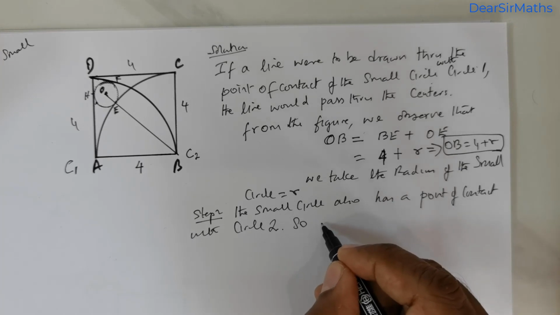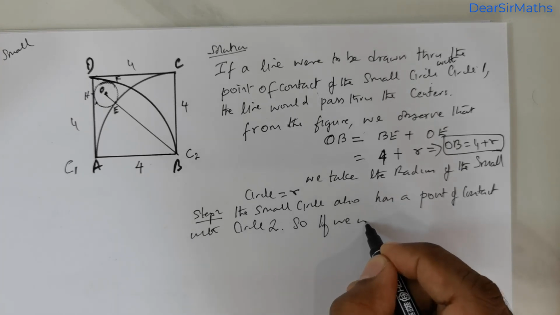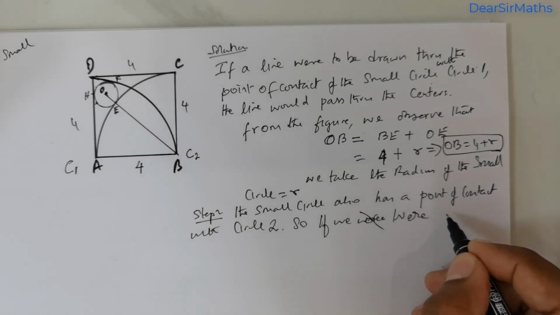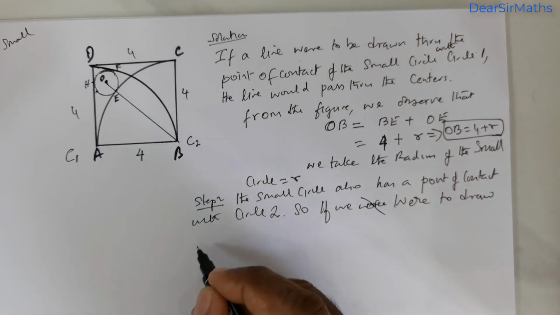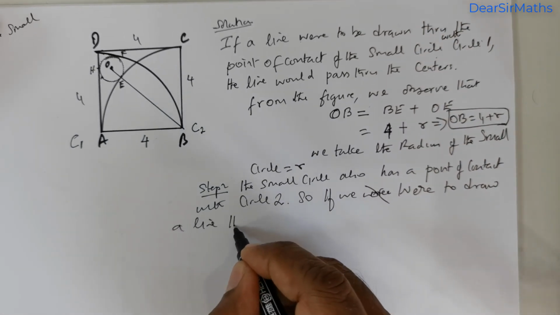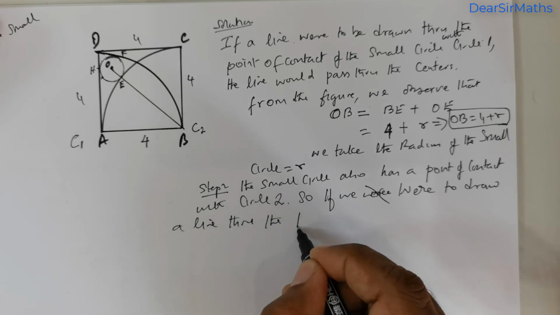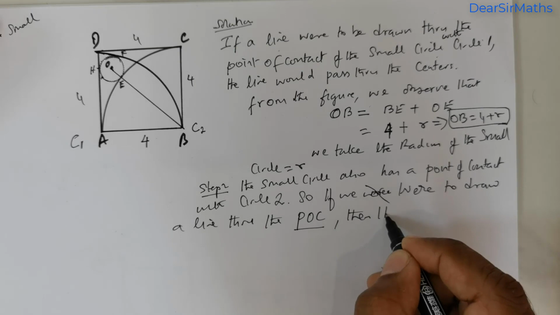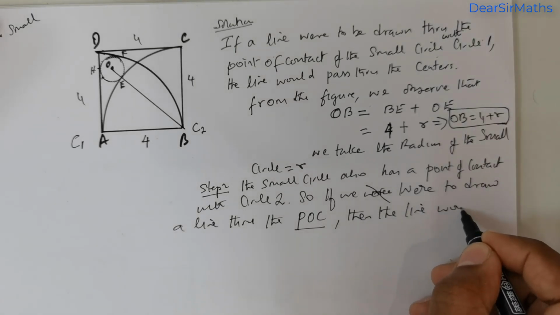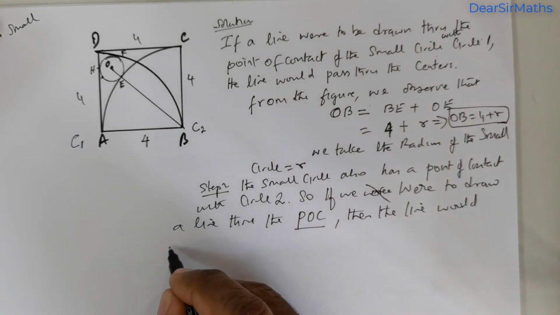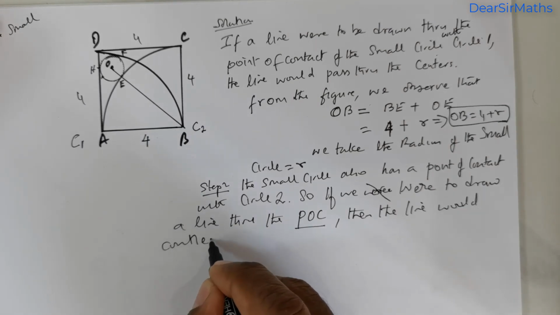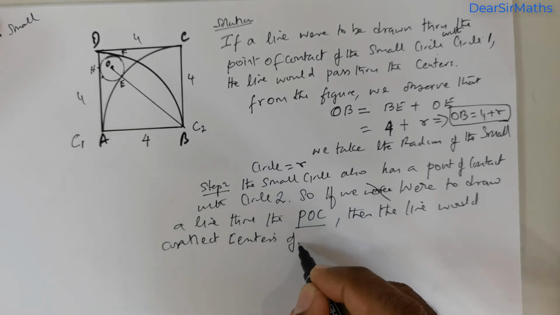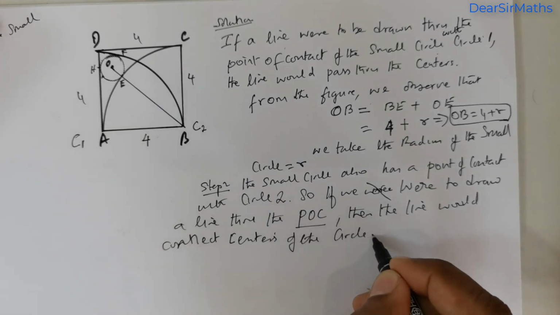So if we were to draw a line through the point of contact, POC, then the line would connect the centers of the circles. Okay,